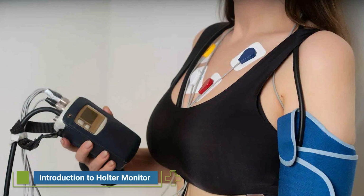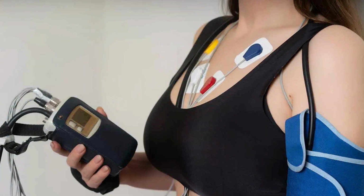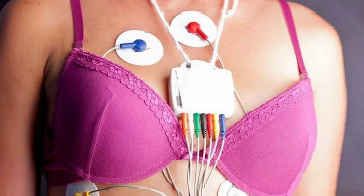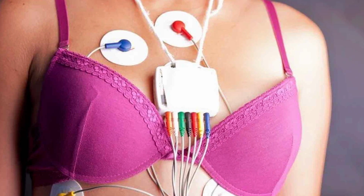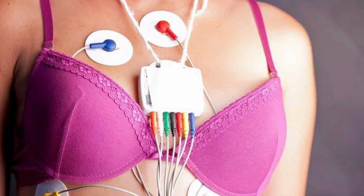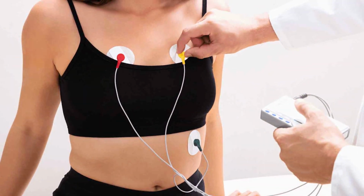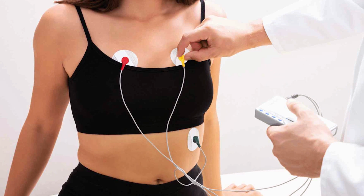The Holter Monitor is a portable device used to continuously record the electrical activity of the heart over an extended period. It consists of electrodes that are attached to the chest, connected to a recording device worn by the patient. The Holter Monitor is typically worn for 24 to 48 hours, allowing for a comprehensive assessment of the heart's performance